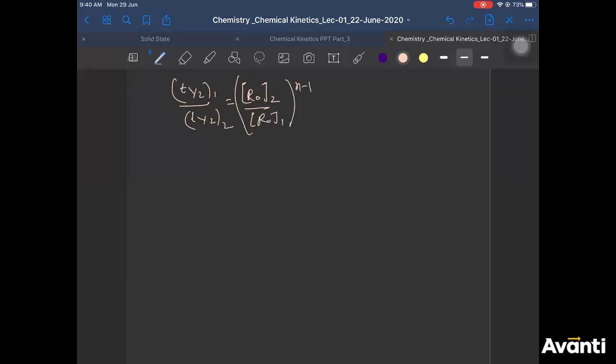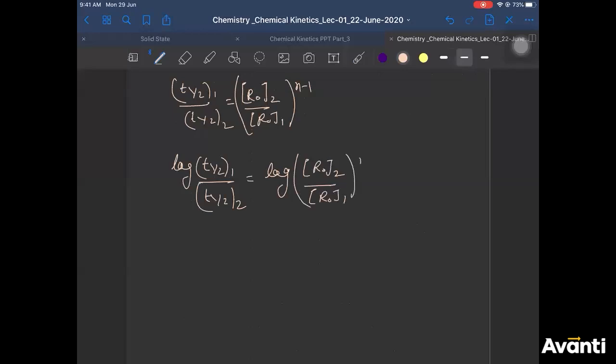Now if the 2 t half values and the 2 initial concentrations are given to you, you can find the value of n minus 1. Mathematically, how do you solve it? You solve it by applying log. When you apply log on both sides, you get log of t half 1 by t half 2 is equal to log of R naught 2 by R naught 1